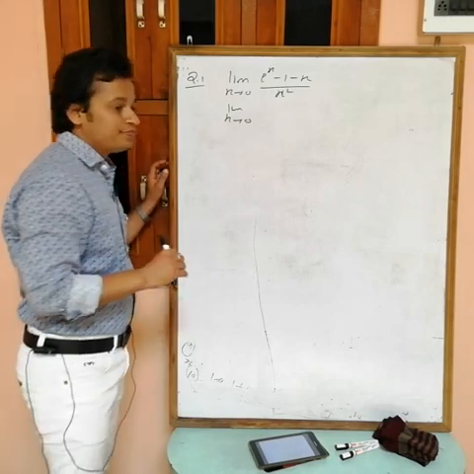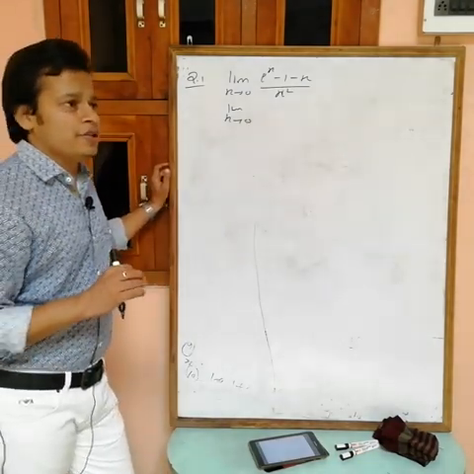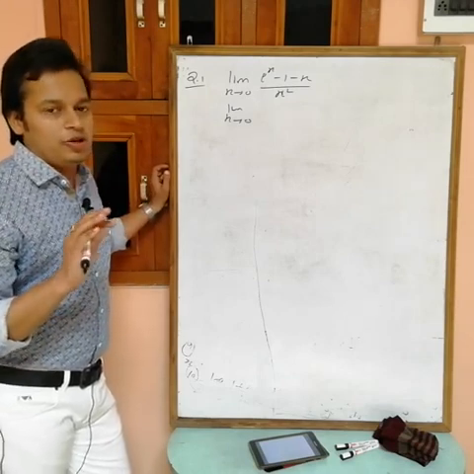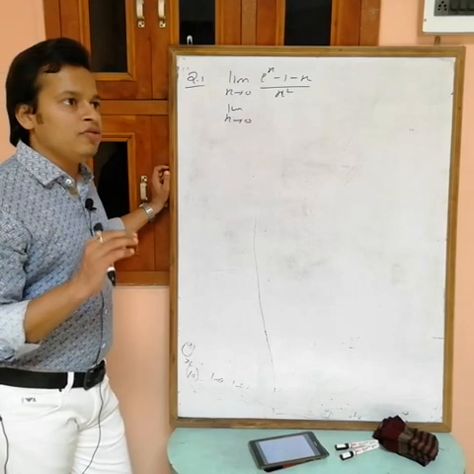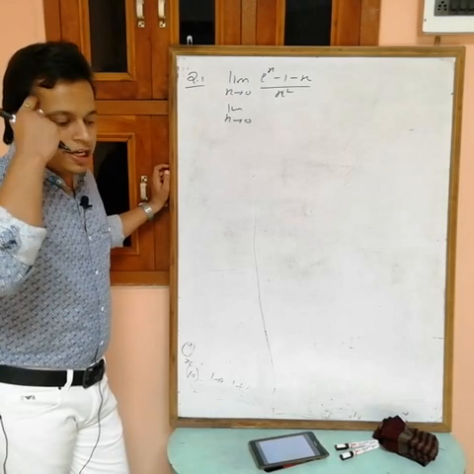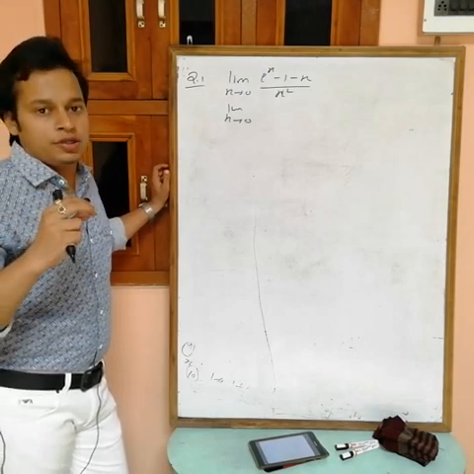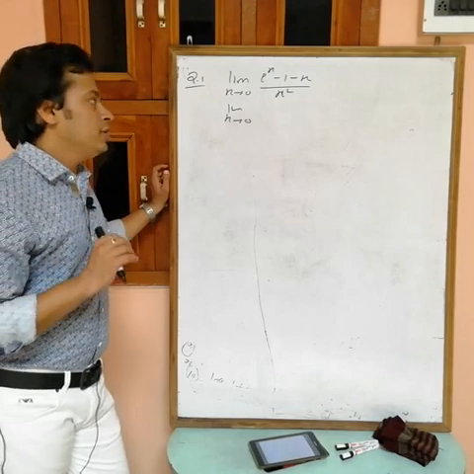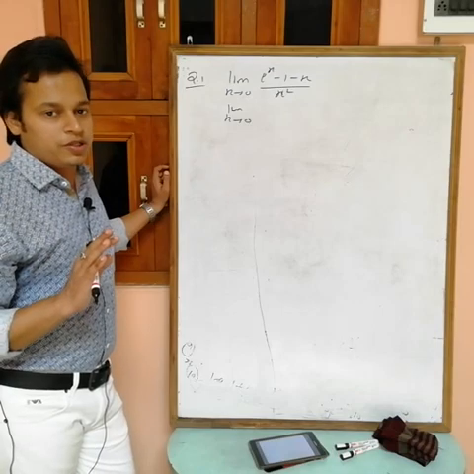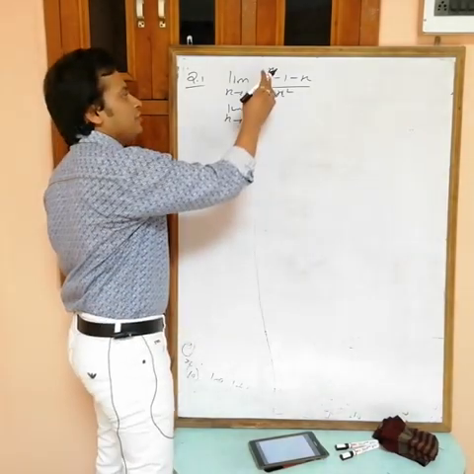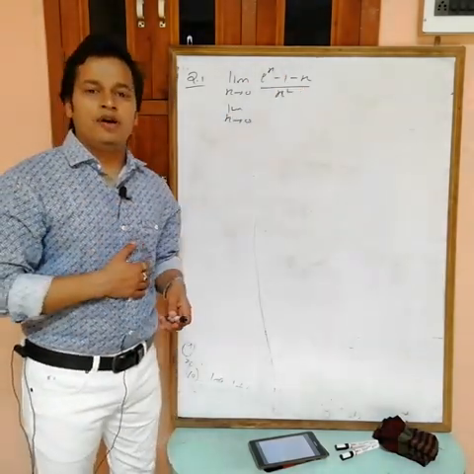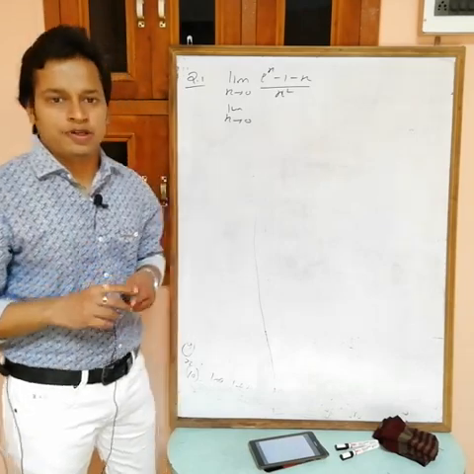Limit x tending to 0. See, when can we use expansion? If you want the limit of any combined function, check whether you can convert all the functions in terms of x. It means, do you have the expansion of all given functions in the equation? Then you can use the expansion method. Here we have e power x, and all other terms are in terms of x. I can also write e power x in terms of x, so I can use expansion.